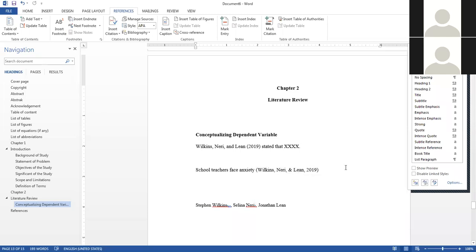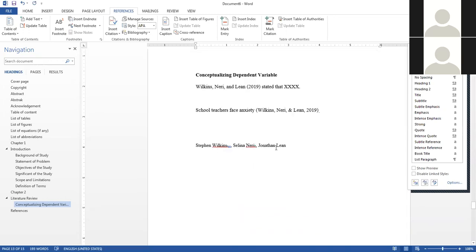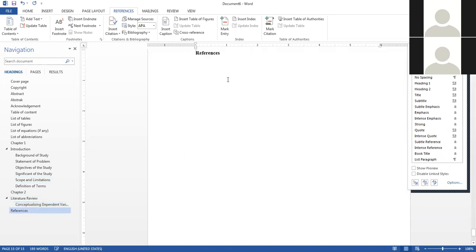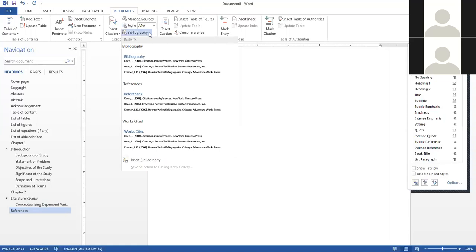Just like this. Now after you're done with your writing, for example, you want to insert your references. After you use the system in Microsoft Word, no need for you to insert your references manually. The only step you need to do is click Bibliography here, and then click References.